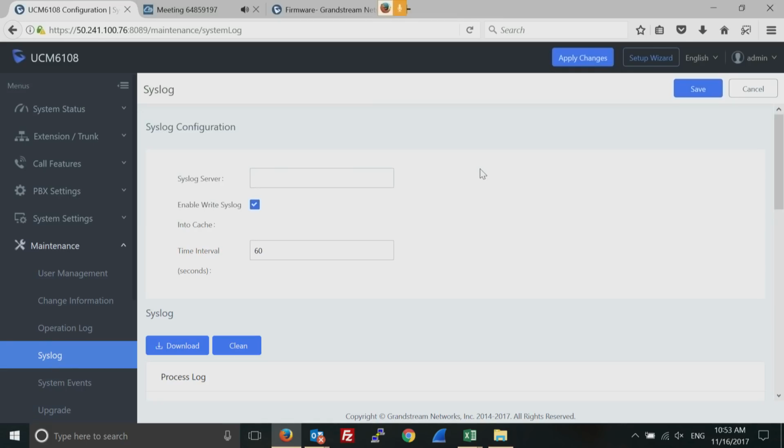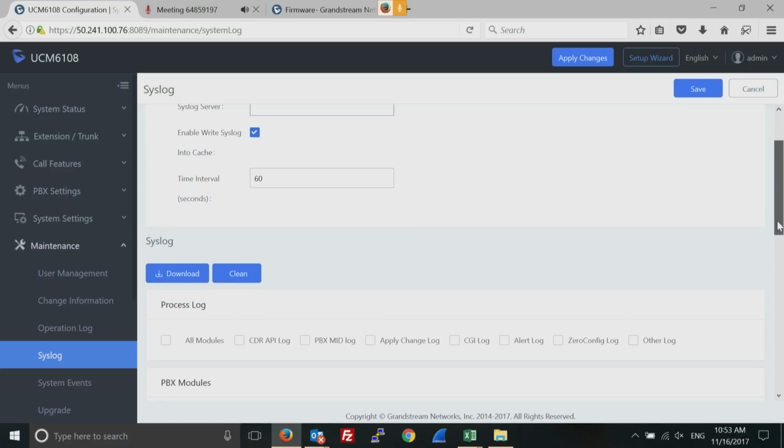Troubleshooting: if you open a support ticket with Grandstream, we always recommend providing a trace. Traces with syslog included. So if you ever reach out to Grandstream and they are asking for a syslog, this is how you configure it. Basically, you don't need to have a syslog server, by the way. If you have one, even better, because you can monitor the PBX 24/7 or constantly. But if you want to specifically collect the logs for a few minutes, when you are reproducing a particular problem, then you need to enter any IP address here, for example, your network gateway,